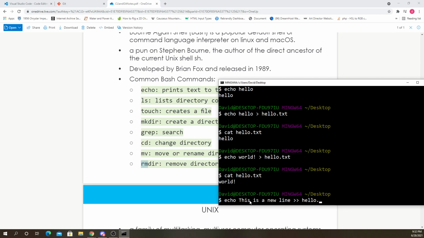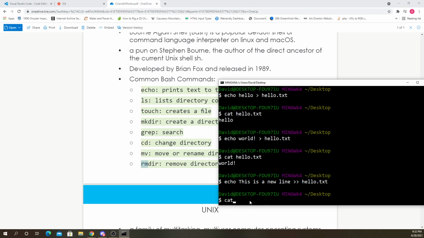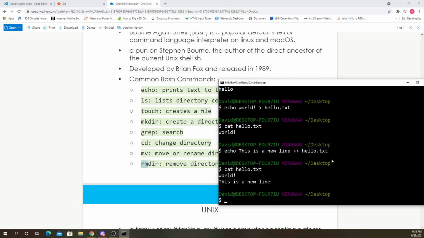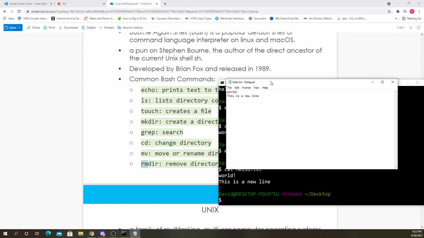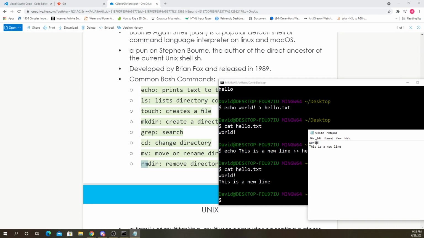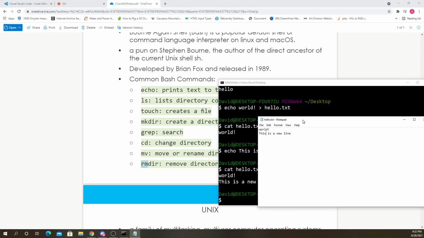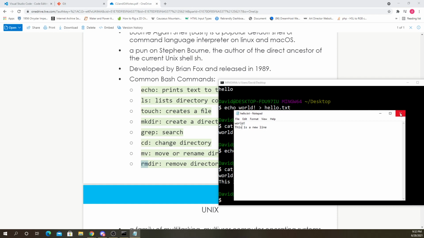Put that in hello.txt again, and cat hello.txt. Now we can see it says world, and then on a new line it says this is a new line. If I showed you the file here, there it is. World, this is a new line. So exactly what it says here. I didn't list cat here, but cat is a very useful one because it reads files for you. It does other things too.